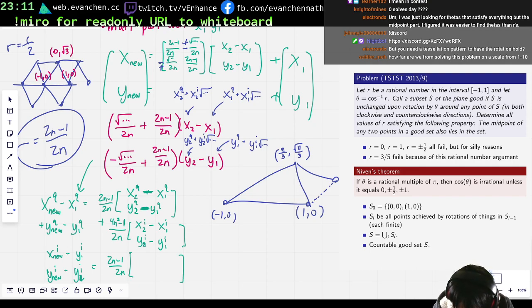So this is just the sum of the irrational parts: X2 irrational part plus Y2 irrational part plus X1 irrational part minus... I mean, the signs don't really matter because I'm going to take everything. Oh, there's another term, 1 over 2n times